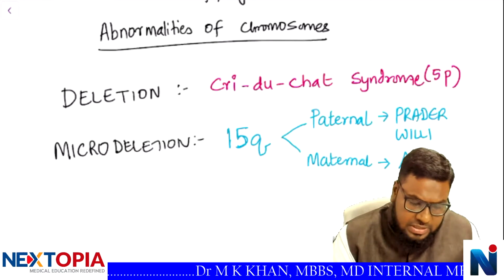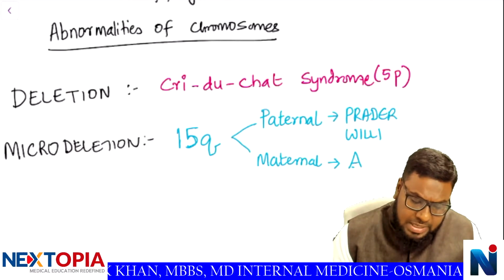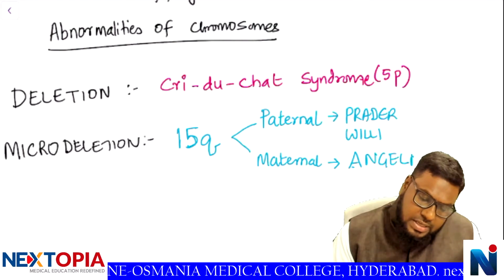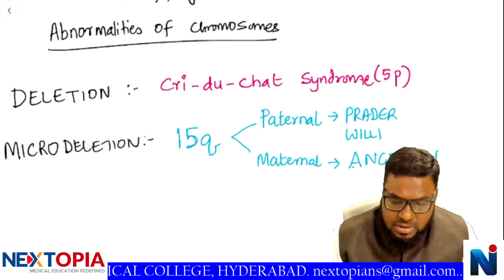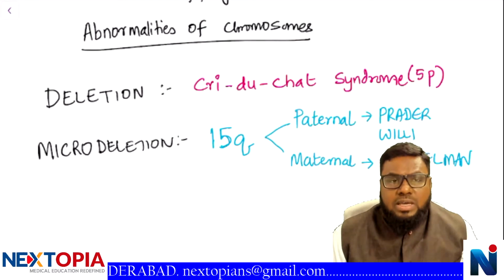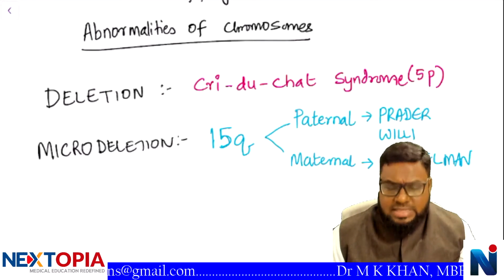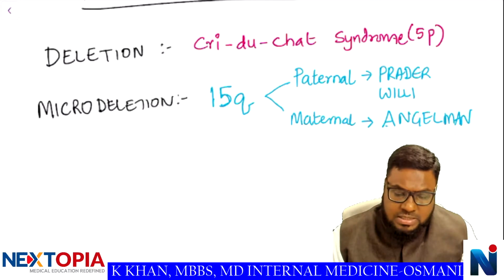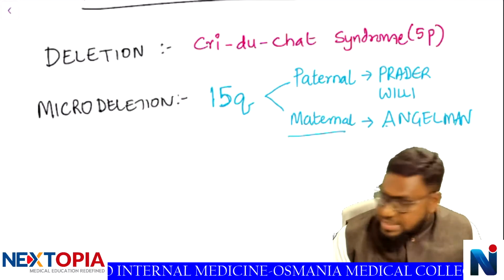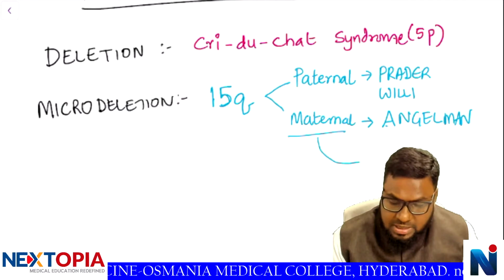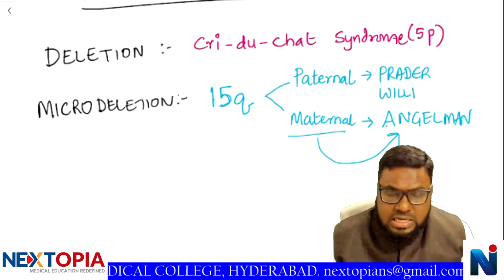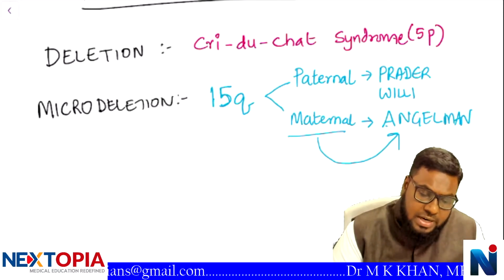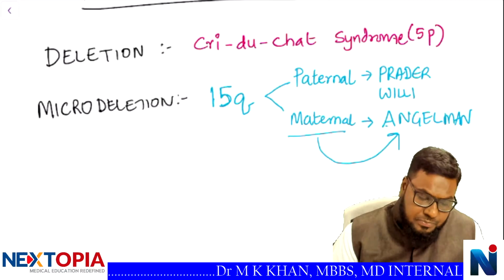What are the features of these syndromes? It is not important now, but when I am teaching medicine genetics, I'll definitely discuss the important clinical features of Prader-Willi syndrome and Angelman syndrome. In Prader-Willi syndrome, there are macro-orchidism and various other abnormalities. Now, please remember that mother is an angel, is it not? So we consider mother as angel, just to remember that Angelman syndrome is from maternal inheritance. The next important abnormality that we'll discuss is inversion.